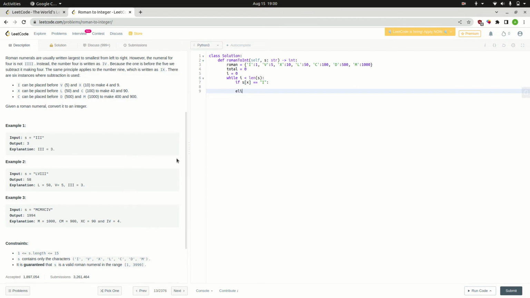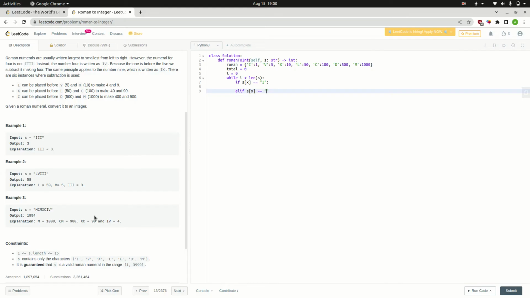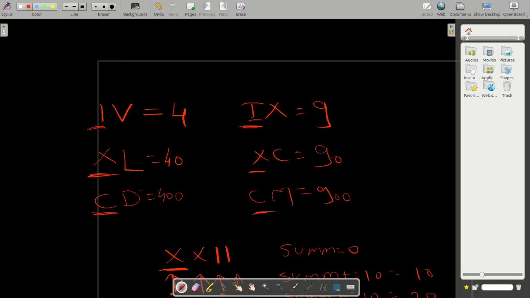Let it be elif. What we have to do, if s of x, the second special condition belongs to x character and the third belongs to c character. So first I will write those conditions. Elif s of x double equal to c. Okay, if it belongs to this, then what we had to do, if my first character is x, then my I plus 1,